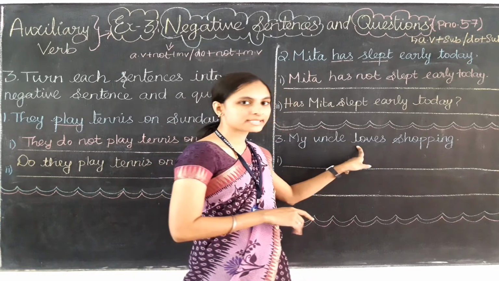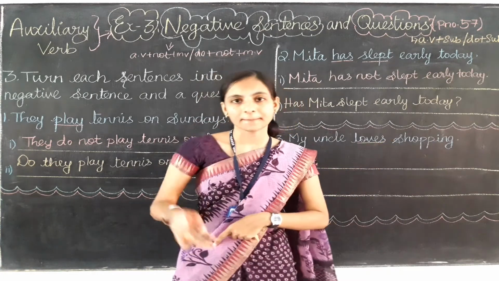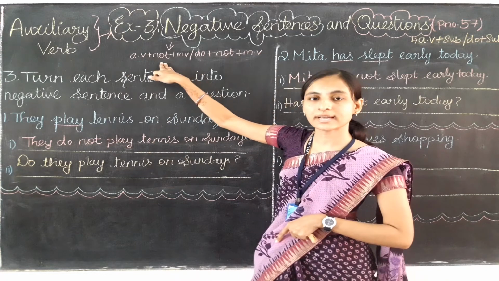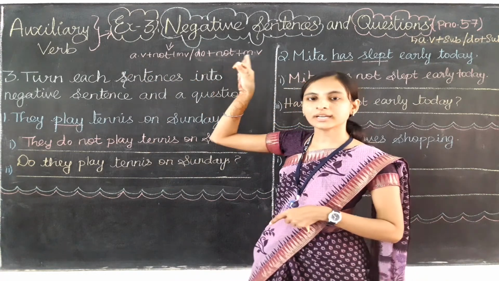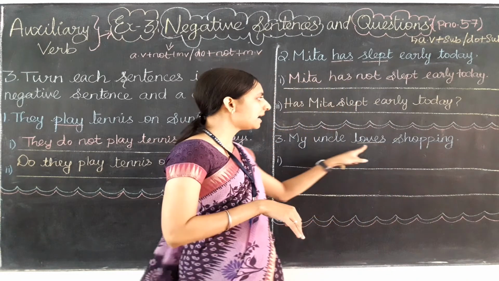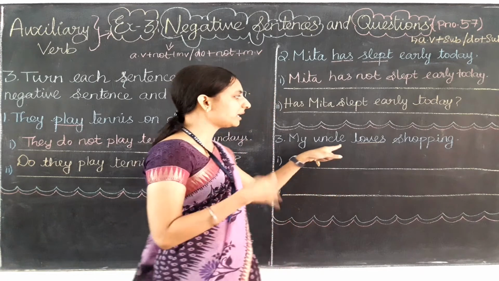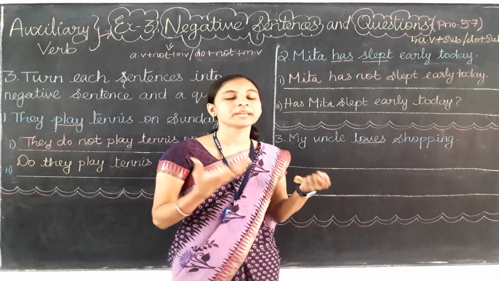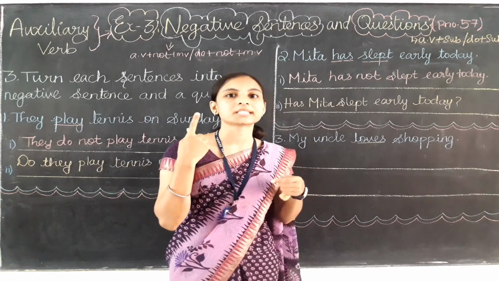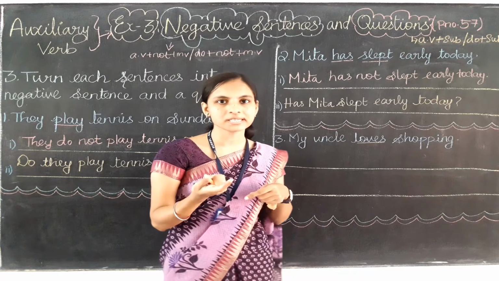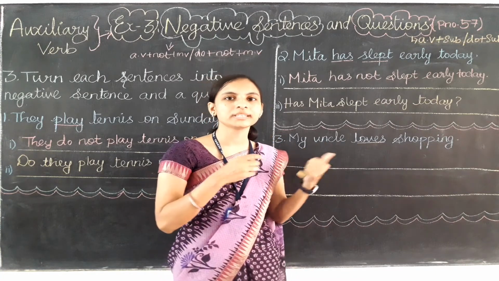So here there is no auxiliary verb, there is only the main verb loves. So I am going to apply the second rule: if there is no auxiliary verb for the negative sentence, we need to use the do form verb, and then not, and then the main verb. Here, loves stands for the present time only. So if we are talking about the present time, which present verb do I need to use for my uncle, the singular person? Yes, does only. So does is the present time verb which is used to talk with a singular noun.